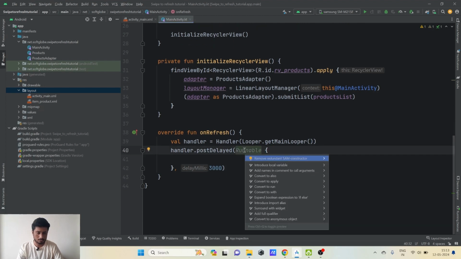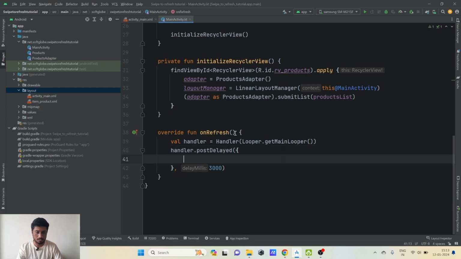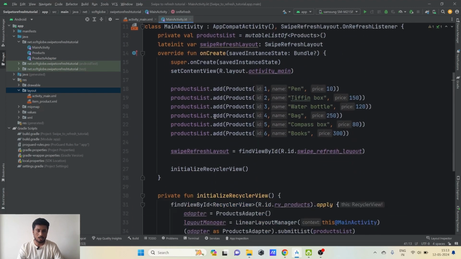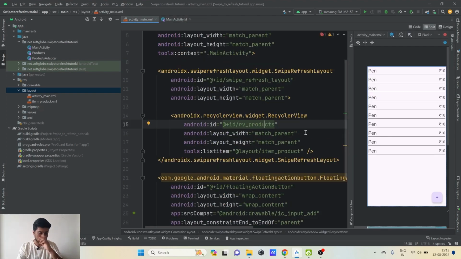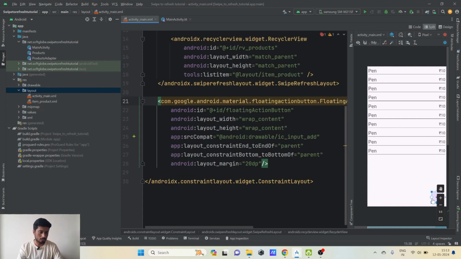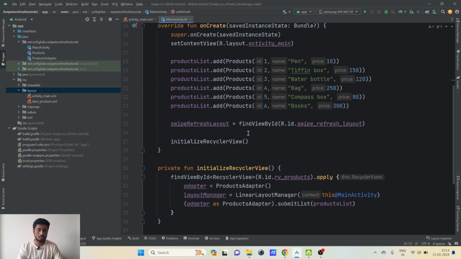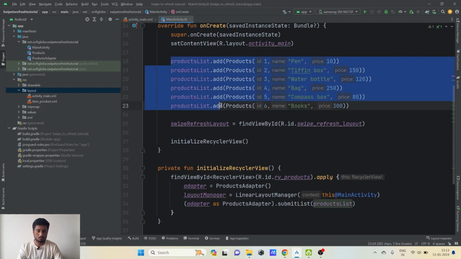So I can just remove this unnecessary runnable. Here, whatever should happen on the refreshing of the screen, that is swiping on the view, whatever we need to handle in the code, we will be handling it here. Now I have added a button here as a floating action button. For what I have added that, on the floating action button, we'll add one more element to this